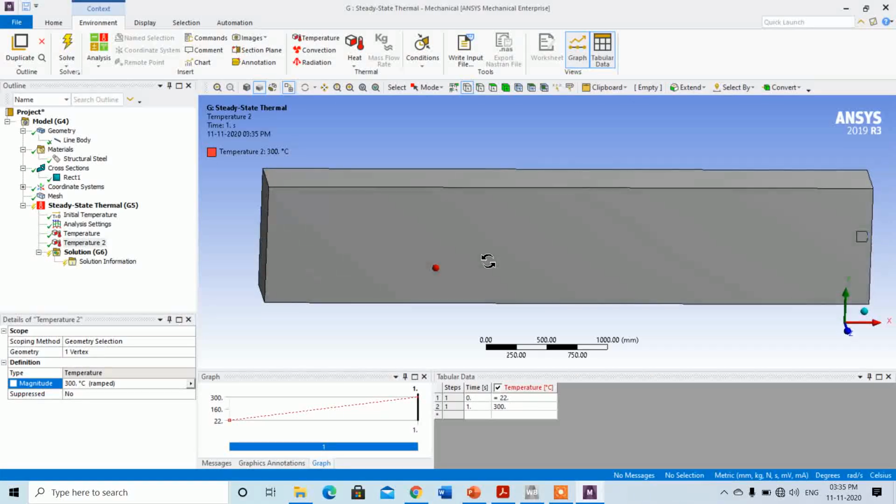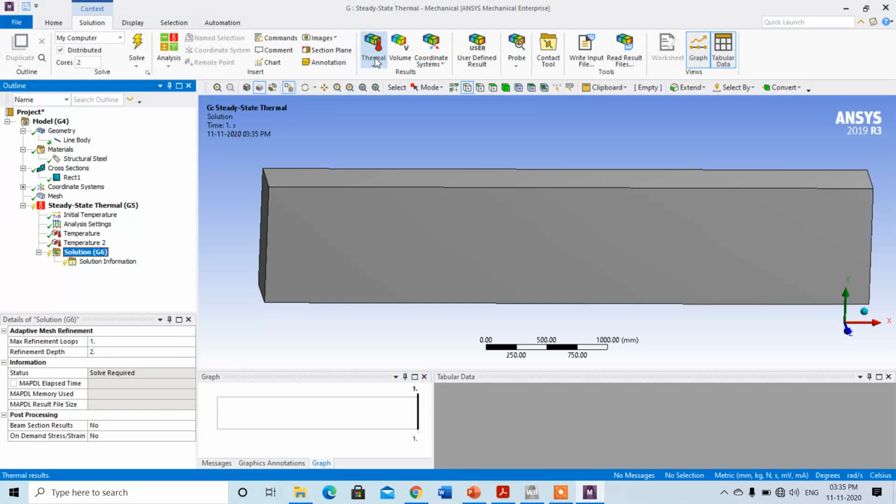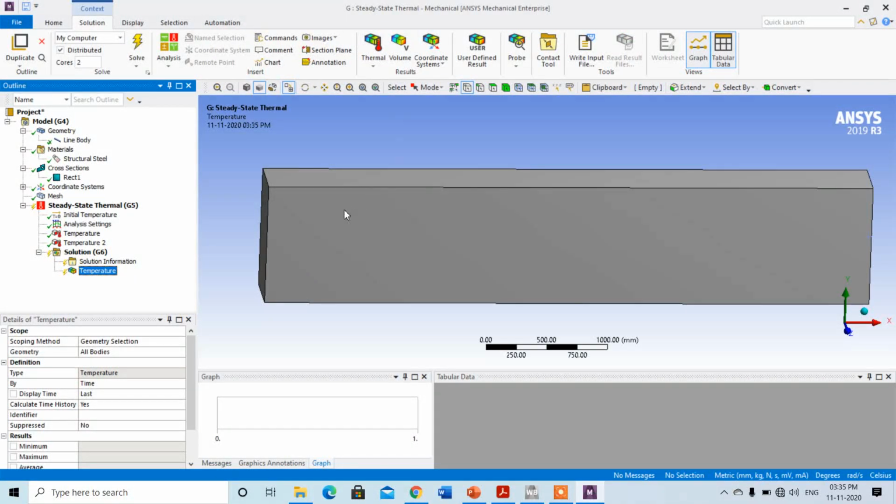We can check the results, how the temperature flows in the complete 5 meter body. Go to the solution and you can check a temperature. The output result will also be a temperature, but 100 degrees Celsius will apply on the left face and 300 degrees Celsius will apply on the right face.